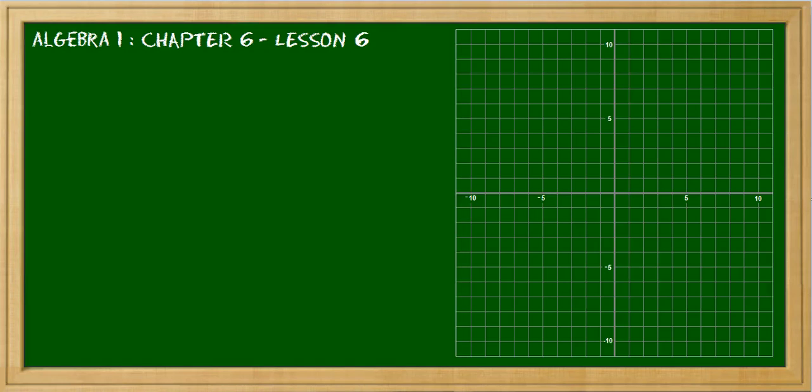Okay, class, we're still on set number 2 here in lesson 6 of chapter 6. We're on problem number 7, and we're told to write the equations for the lines labeled A, B, C, and D in the graph below. So here we have a graph with a bunch of lines all over it, and we're wondering, what are these